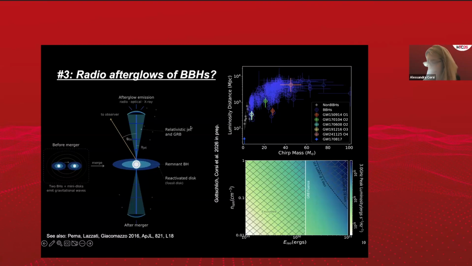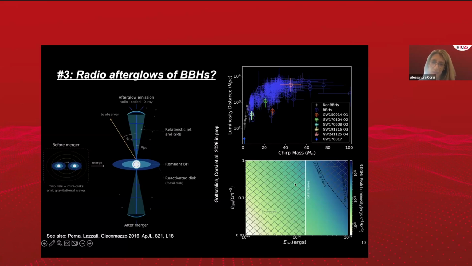So you go and look at the potential association with gamma ray triggers, and the colored ones here represent some of the events for which a low confidence, but still there, potential association has been claimed. They're very low confidence, but the intriguing part is perhaps that you have at least one of those associations per run of the ground-based gravitational wave detectors. So I share the idea that, okay, this is a low probability scenario, but it's definitely something that I don't want to forget about. I want to go look and see if there is potential for that.